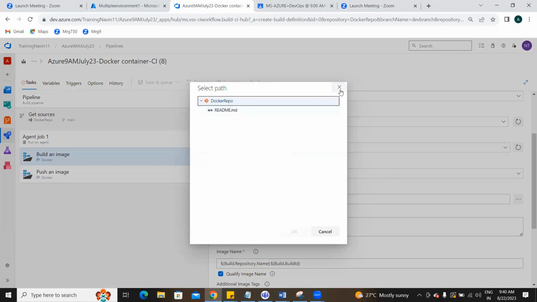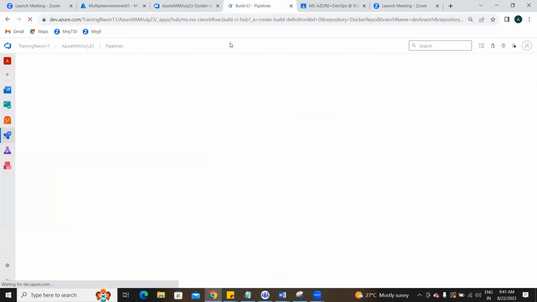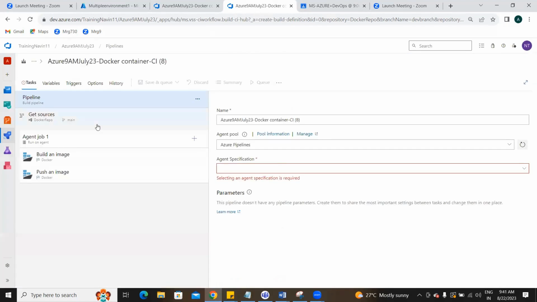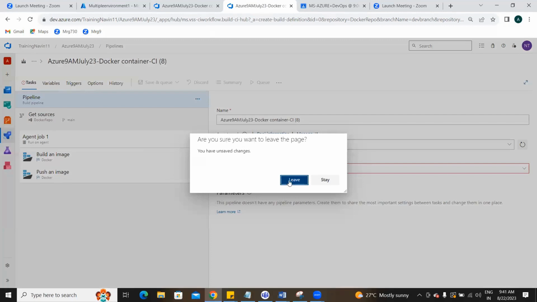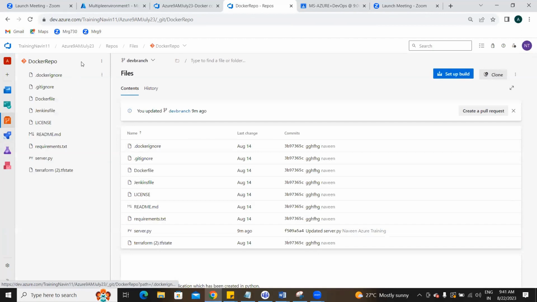Docker repo, it's not over here. Again, I need to go back with the duplicate. Go to repo, right? Where will we go and check it out? Repo only, no? My file is there, right? Good. So it's Docker repo only. Very good. Docker repo dev one. Its file is there, right? It's there, no? Refresh it.